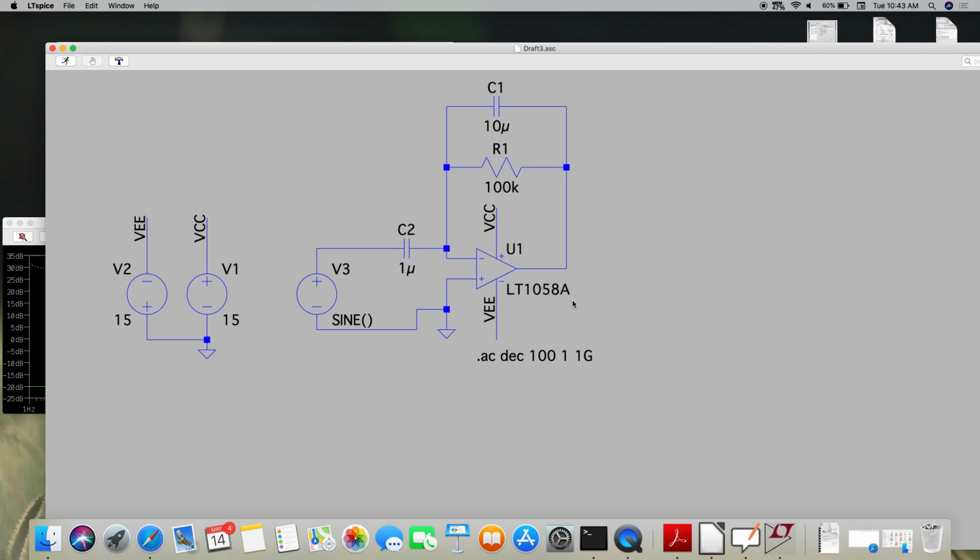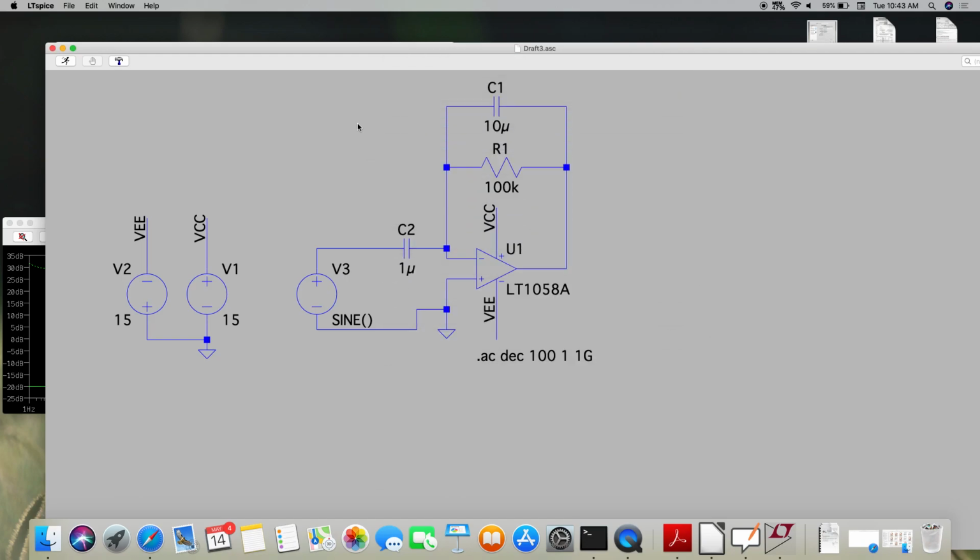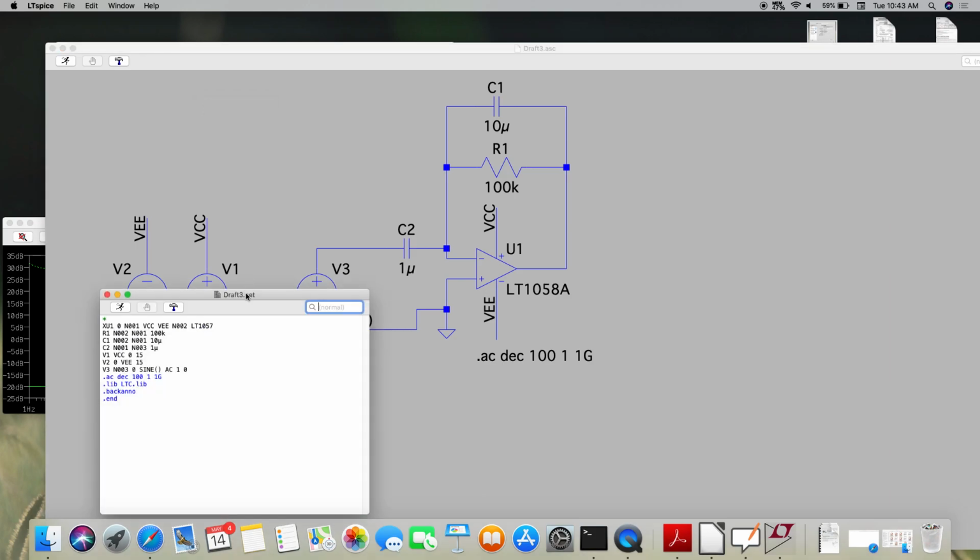So this op-amp is defined somewhere. Right now we took the component from here. It is given in some place, which is under Users, Hitesh, library, right? So it is defined there. But in reality, you need to give the path in the netlist. So if you look at the netlist, via View SPICE Netlist, it looks like this one,